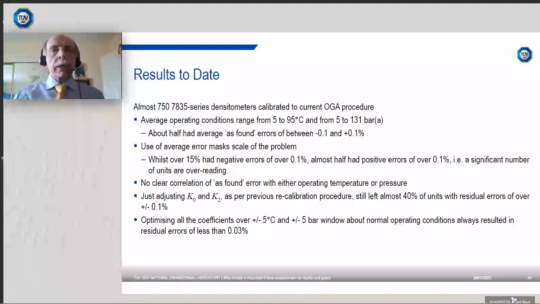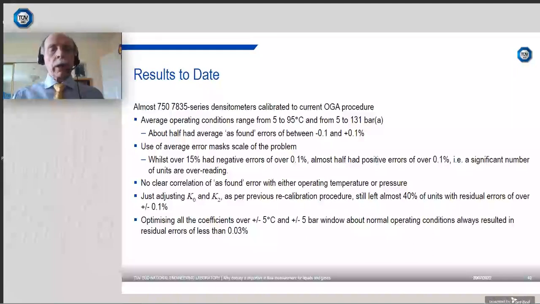Over the years since then, we have actually calibrated a number of these densitometers, 750 odd. Quite a few have come back. Some are regulars. We recognize them when they come back. Initially, we found that quite a few had as-found errors of between minus 0.1 and plus 0.1%. But using an average masks the scale of the problem, because in fact, if you split it, you see that positive errors are more significant. So over half had errors of over plus 0.1%,